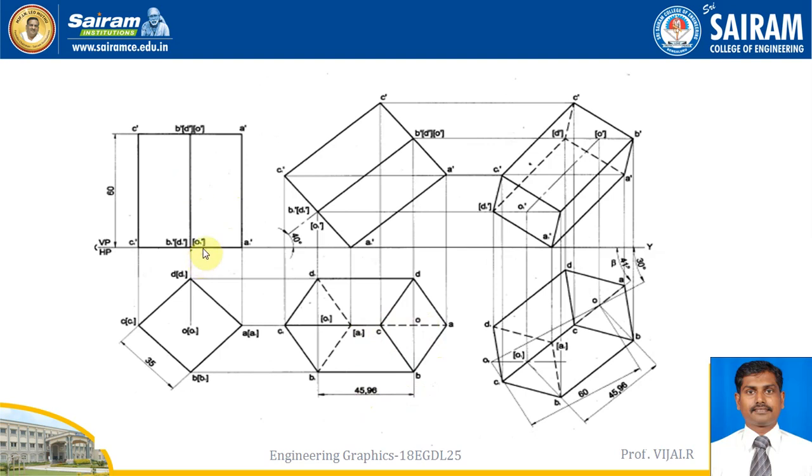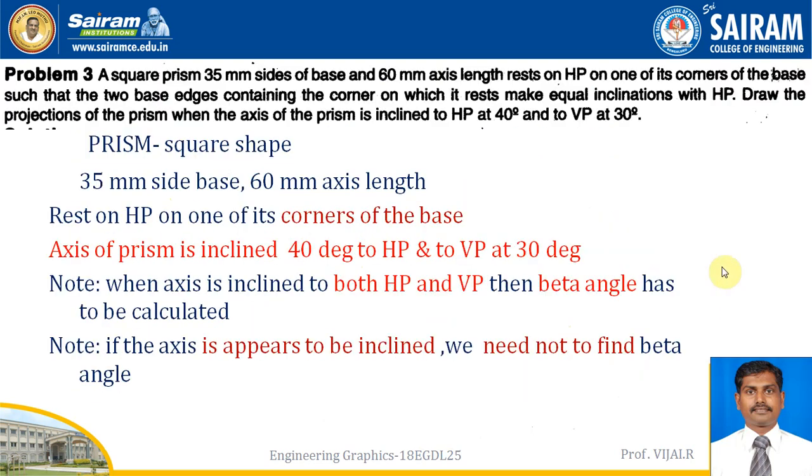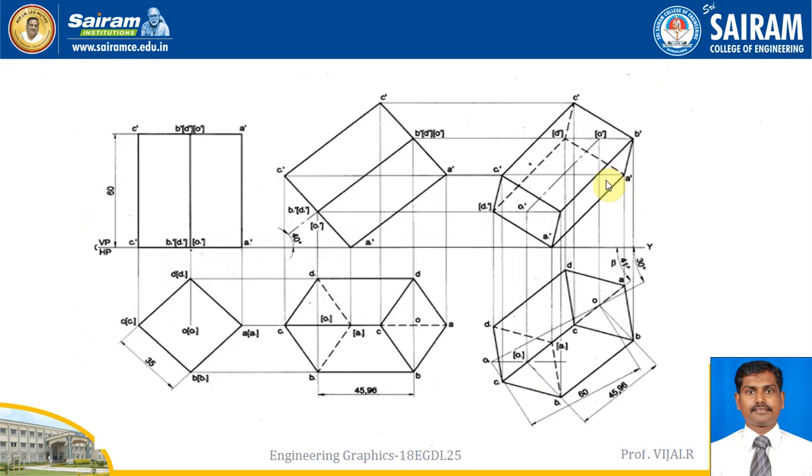At the same time, another axis, the original axis, is this one. Okay, this is the original axis. You can get it from here. It is 60. Okay, this is the original axis, and this is the view we will get after inclination. So these two are important here. First, draw the inclination angle. What is given? The axis inclination to the VP is 30 degree. So draw a 30 degree line. Okay, draw a 30 degree line and select this axis measurement, the true axis length, by keeping a point O.